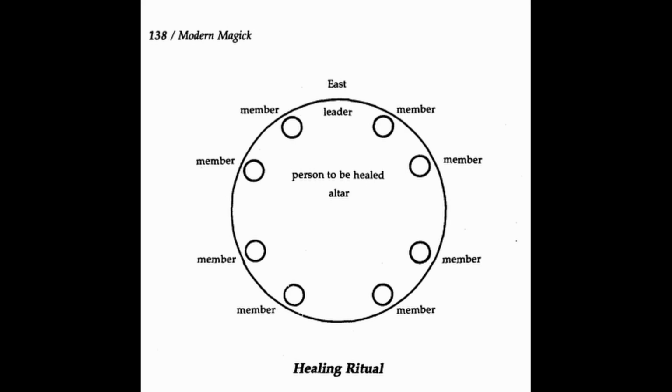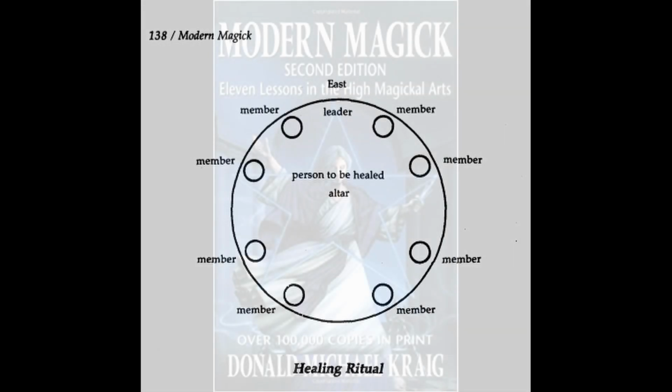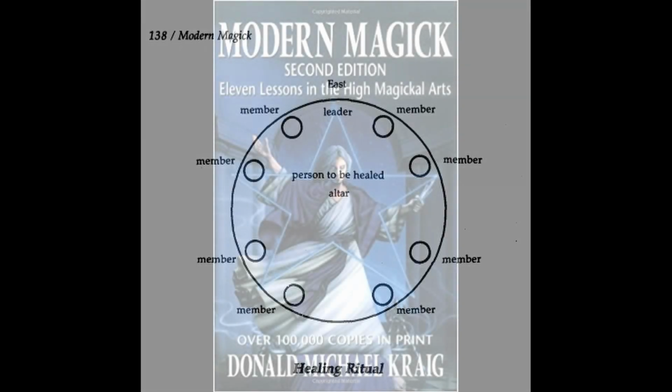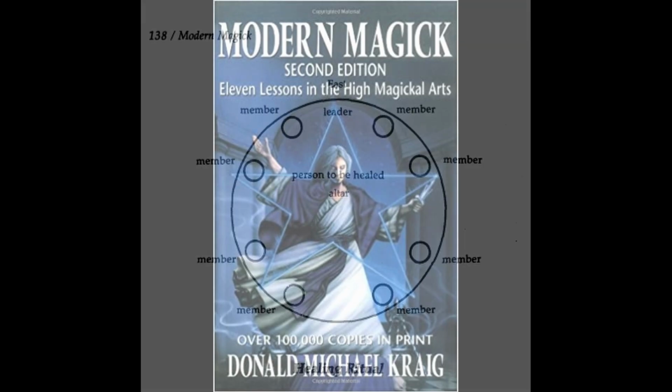Each ritualist should see a beam of light shoot out toward the space of the person with the tool. When the lone ritualist feels this as being accomplished, he or she should direct this huge amount of combined group and spiritual energy down to the tool and into the body of the person being healed.